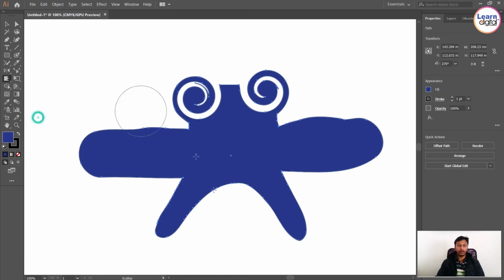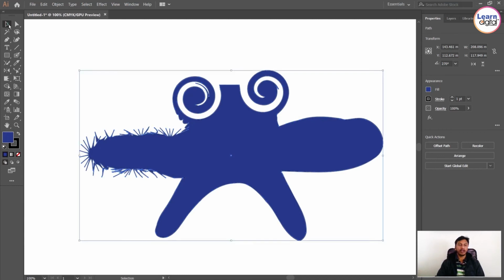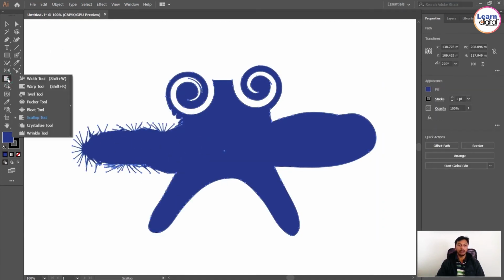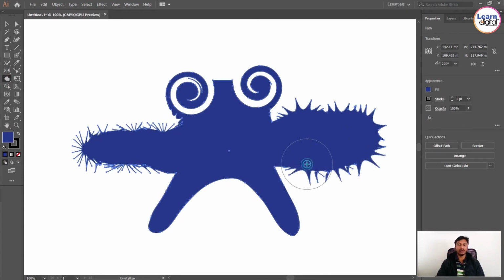Then scallop. You can play with scallop also, you can see. It is taking all the points to a single position, like spike kind of things. You can see this part, sharp, sharp, sharp edges you will get. Then crystallize, again it is giving the opposite direction. This one will take you to the inner part and this one will take you to the outer part.